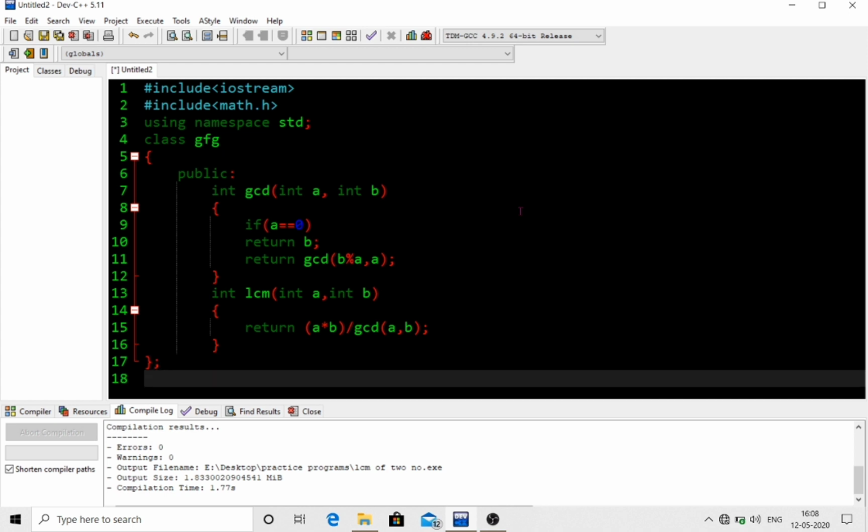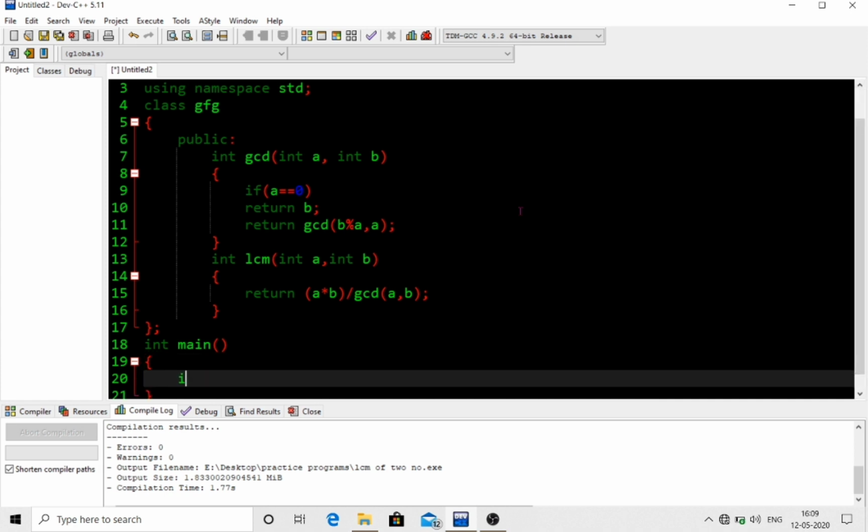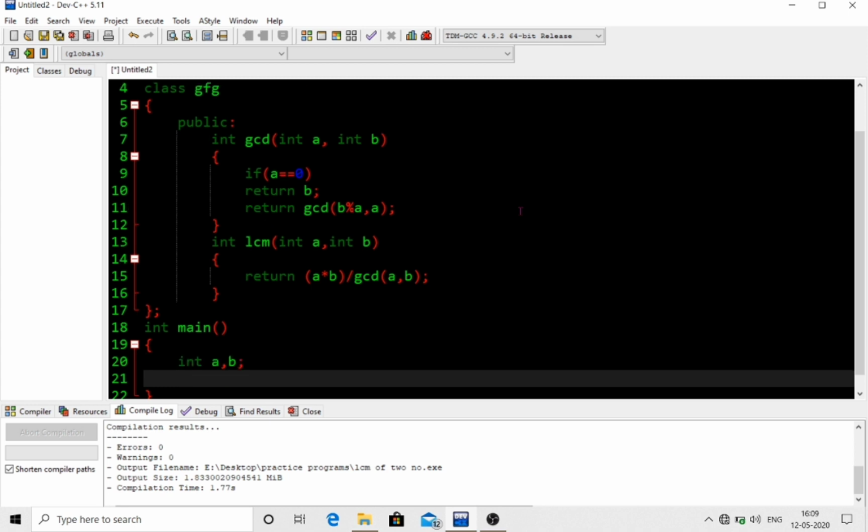Now we will make our main function, int main. In this function we declare our variables A comma B, and use cout to take the two numbers from the keyboard.